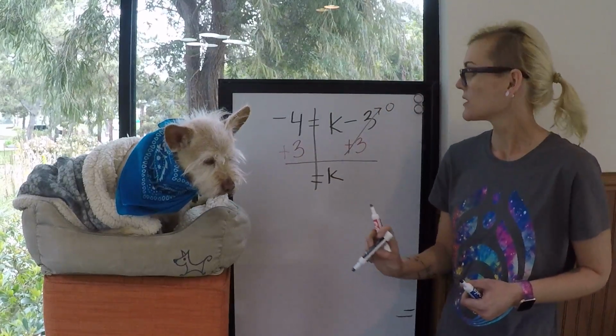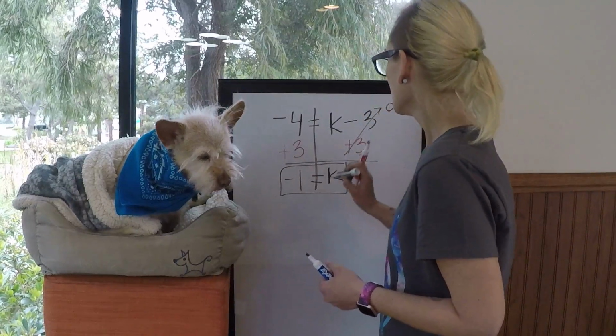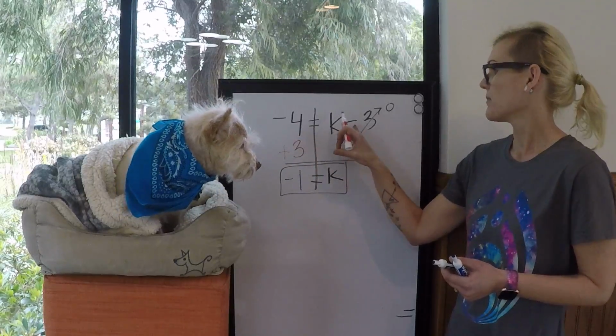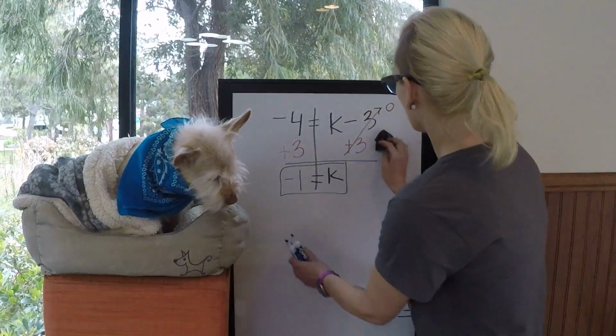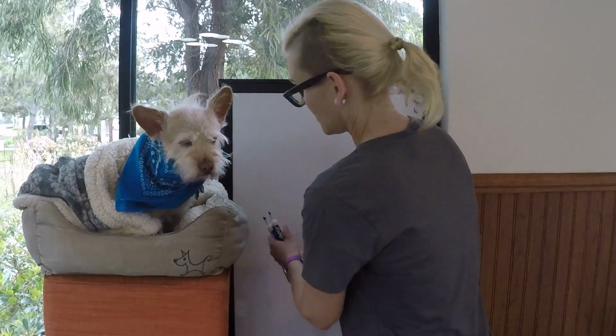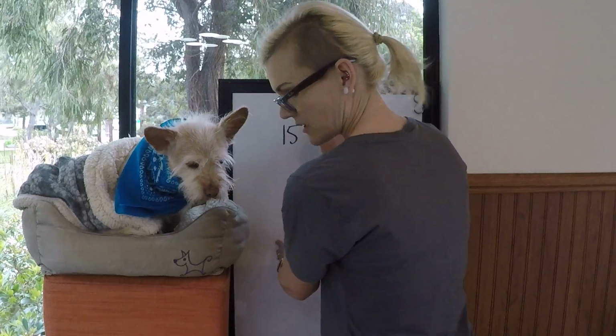Negative 4 plus 3 gives me a negative 1. Okay, we'll just visually check it. Negative 4 equals negative 1 minus 3. Yep, that works. All right, we'll do one more. All right, so we've got 15 equals